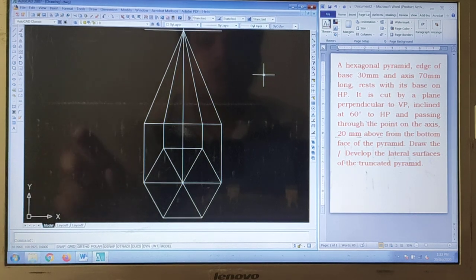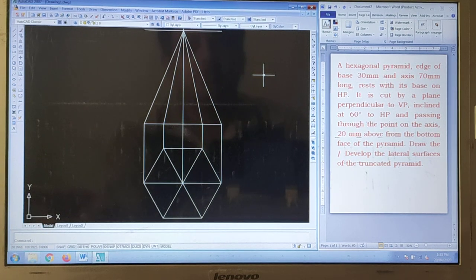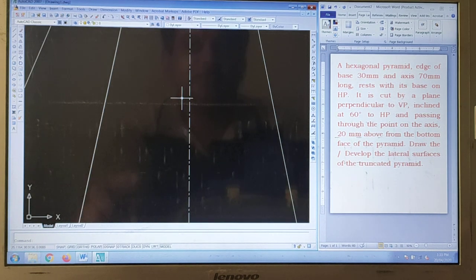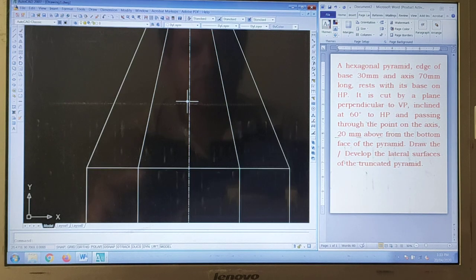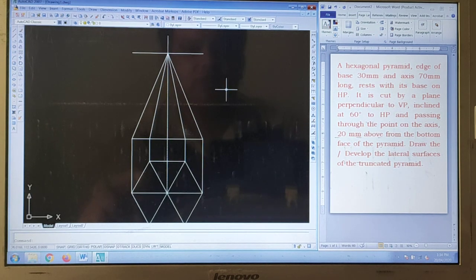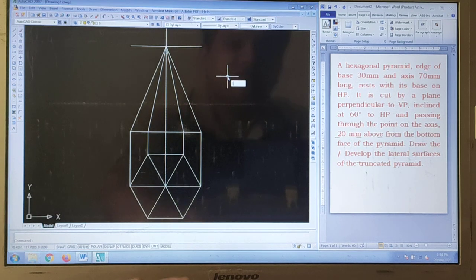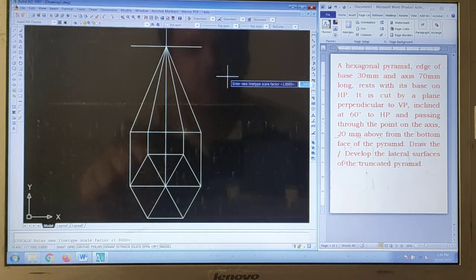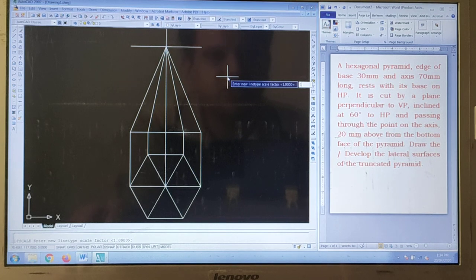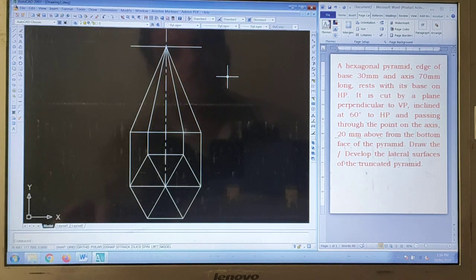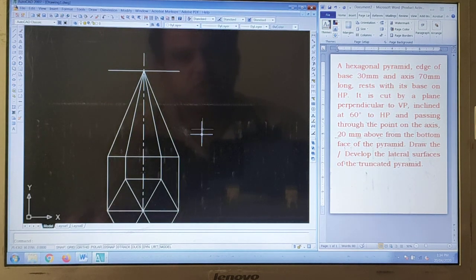Even after selecting that particular line as the center line, if it is not looking like a center line, see, if you zoom in, then it will be a center line. But if at the normal zoom extent it is not showing the center line, then we need to change the line type scale. The shortcut for it is LTS, and this factor is now 1. So let us change that factor to 10. See, this change you will notice, isn't it?